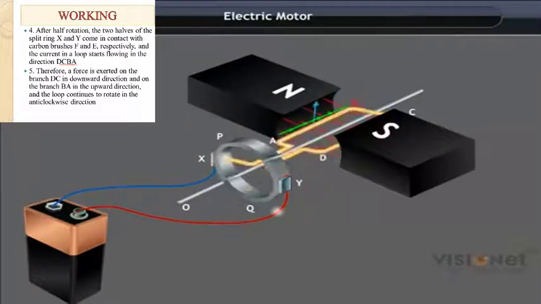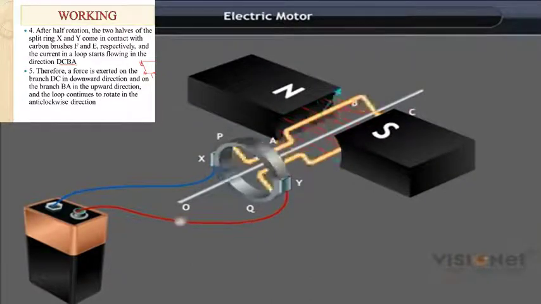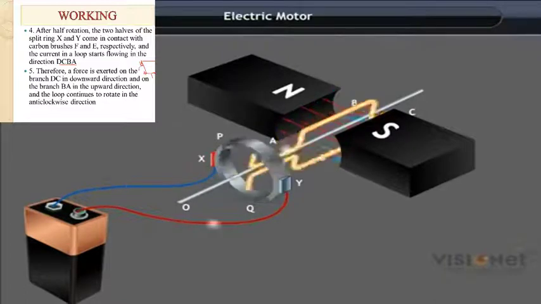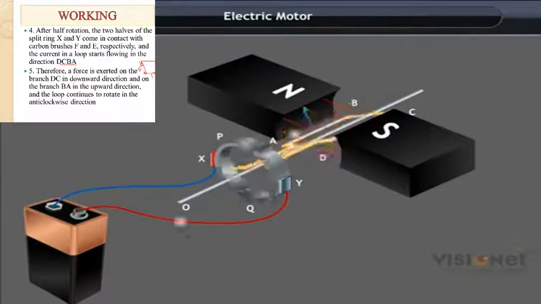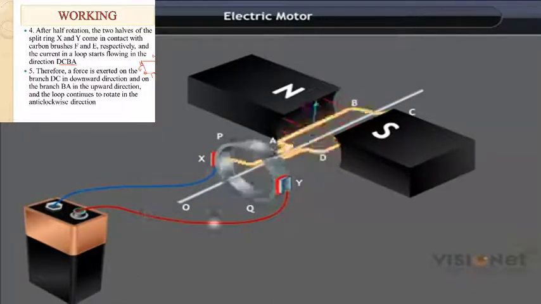So what is the movement of the rectangular loop? This can be shown by observing the video shown in the adjacent window. So A, B, C, D, this is the rectangular loop. Now initially AB is in downward direction and CD is in upward direction. This can be understood by Fleming's left hand rule, and finally the rotation takes place using Fleming's left hand rule.